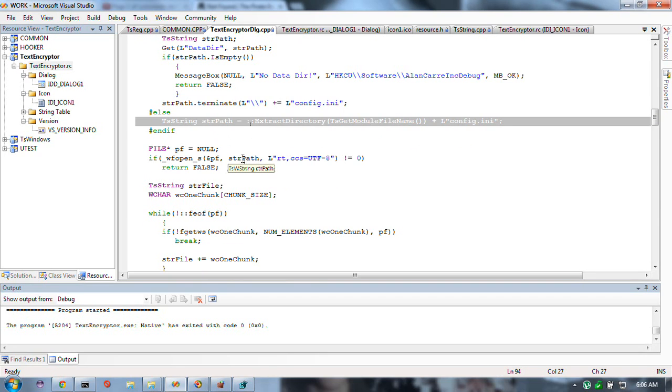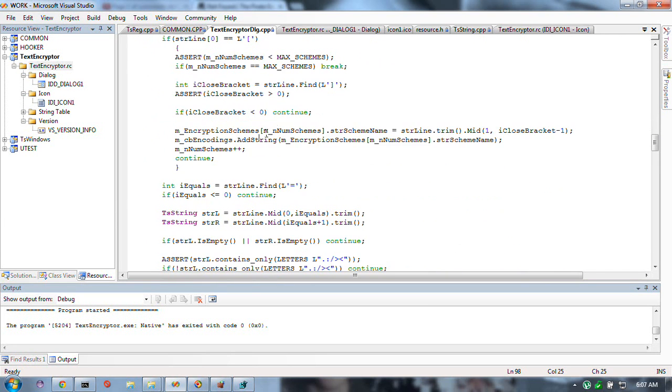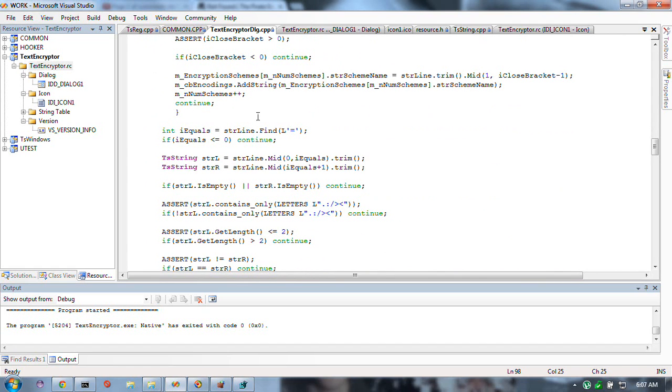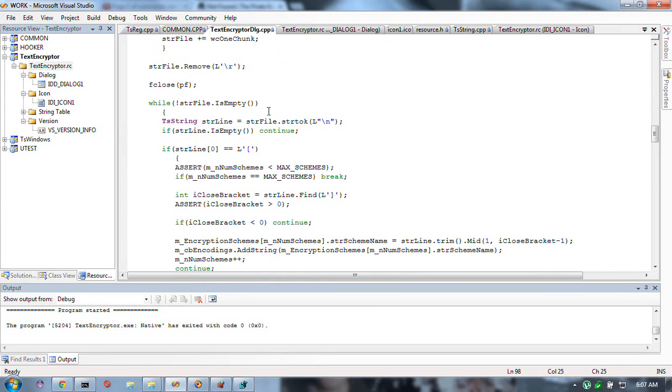The one thing that you might not know is that if you want to open a file that is in UTF-8 format and read it like a text file, you have to specify this CCS equals UTF-8 to tell fopen what kind of file it is, and then you just read it like a regular file. And you can save in the same manner. And so now I read in the entire file, and now I go line by line,